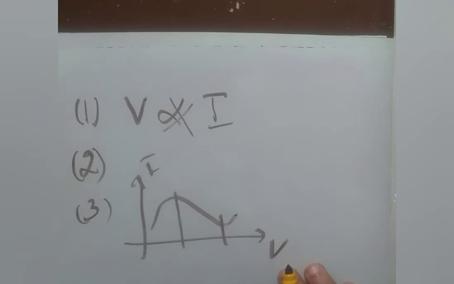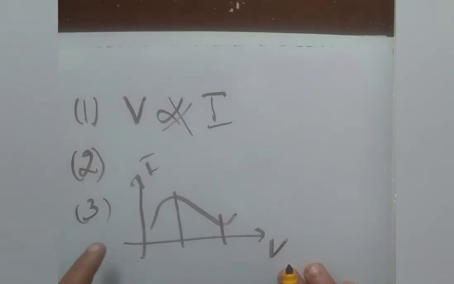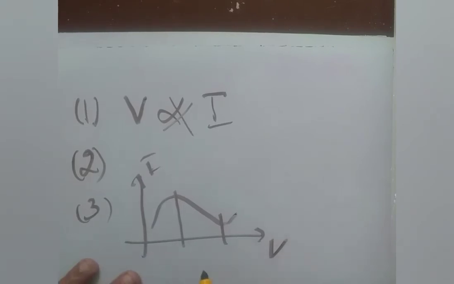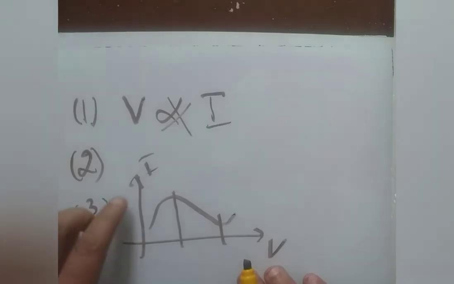In many cases, Ohm's law is not valid because potential difference is not directly proportional to the current, or current directly proportional to potential difference is not observed. And Ohm's law is not valid for ionic conductors and semiconductors. And then according to Ohm's law, as voltage increases, current should increase, but in some cases, as voltage increases, current decreases, as we have written in this graph.